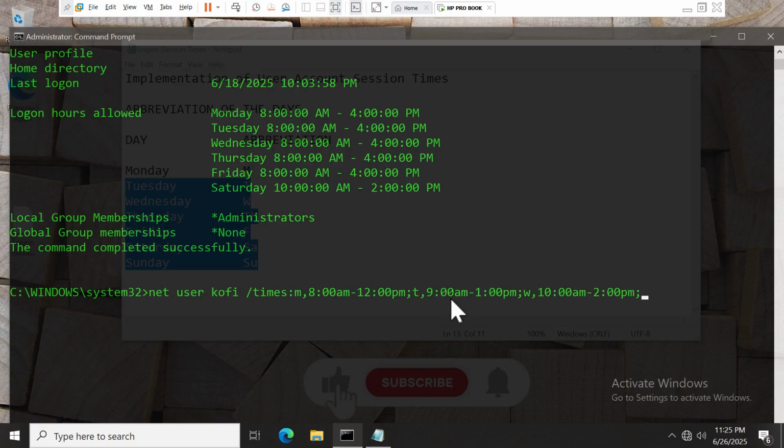I bring a semicolon again, do the same thing for Thursday, which is TH, and then I bring a comma, and on Thursday we start work at 11 o'clock a.m. we close at 4 o'clock p.m. I bring a comma. I do the same for Friday, which is F. Bring a comma after Friday,